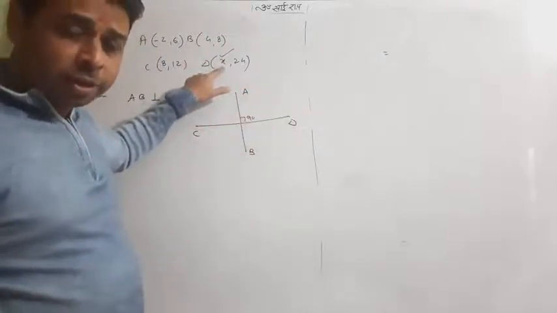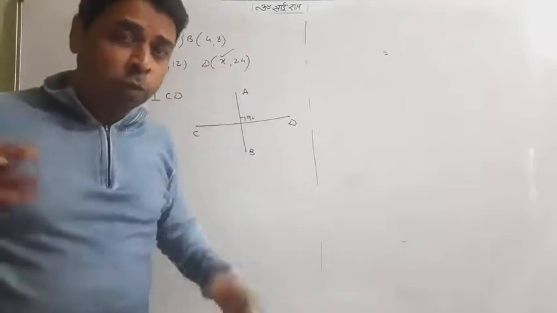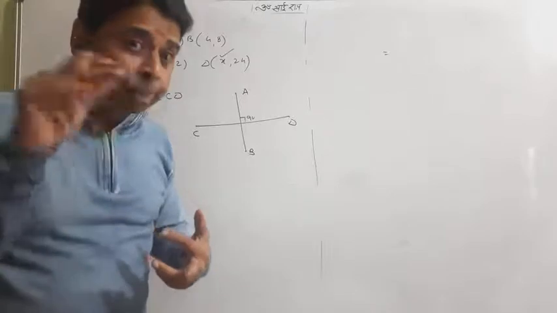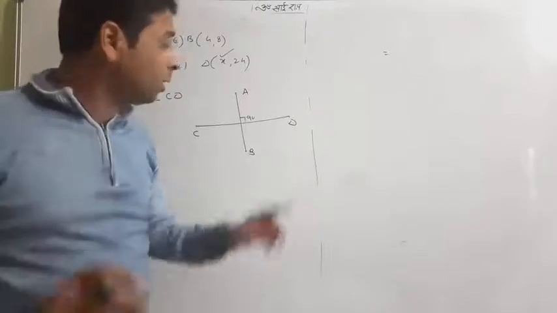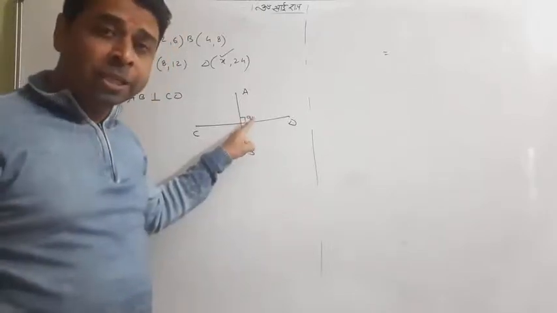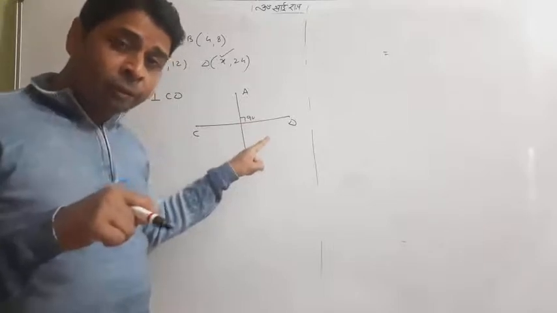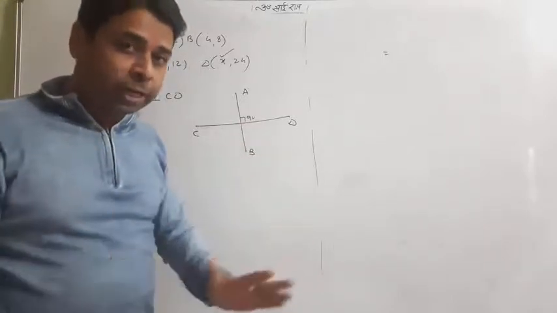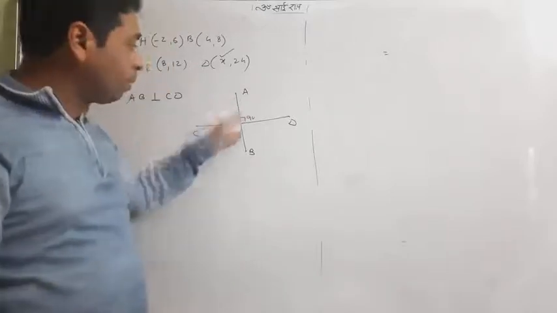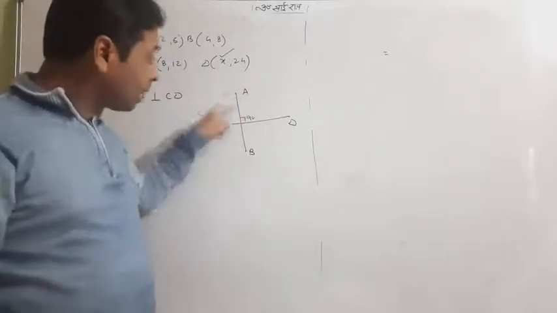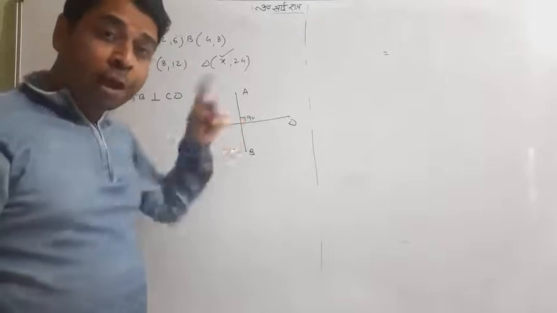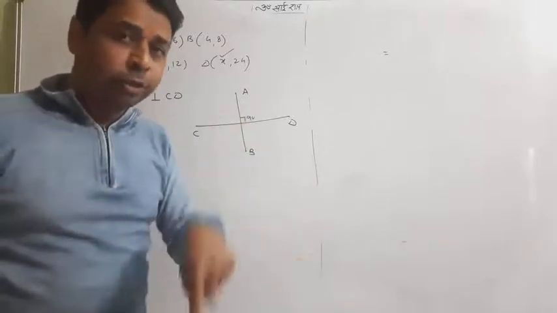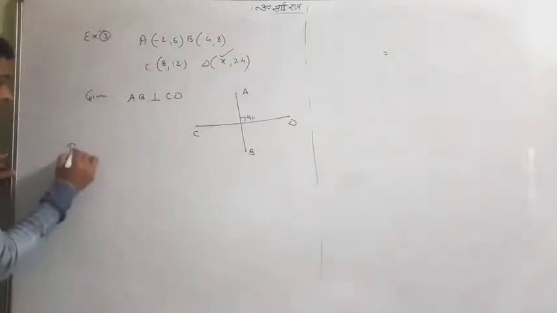Very easy. You know, when two lines are perpendicular, what happens? Theta is not given for finding m. So if you are thinking it is theta equal to 90, it is not the angle with the x-axis by which we can find the slope. Sorry for that. If you want to find the slope, you can take help of A and B. So let me explain. Lines are perpendicular, so m1 into m2 equal to minus 1. Recently we have seen the concept. We will use it.